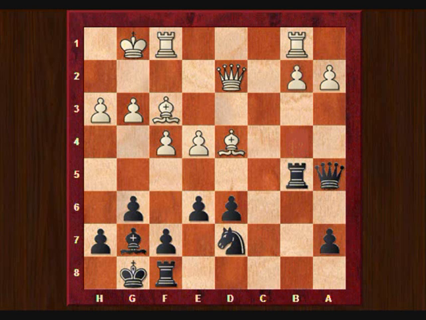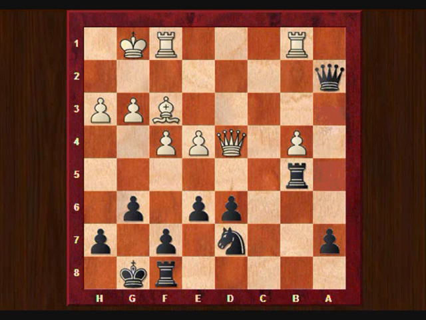Notice, by the way, that trading queens doesn't work, because if he takes my queen, I take first the bishop with check, and then I retake, so he loses a piece. And taking my bishop doesn't work because I take his queen. So b4 was a surprise for me, that now the a2 pawn is defended by the queen. And I took on d4 now. He took back with the queen, and now I took on a2,